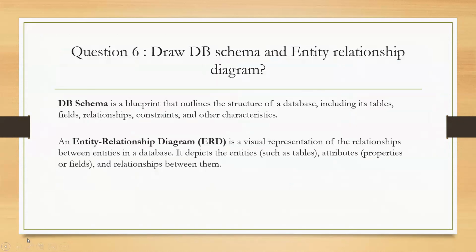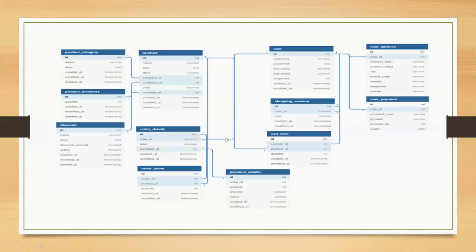Okay, then the entity relationship diagram. An entity relationship diagram is a visual representation of the relationship between entities in a database. It depicts the entities such as tables, attributes, properties of it, and the relationships between them. So what is an entity? Let me give you some clarity. Whatever the table name over here is, it is nothing but your entity, and whatever defines that particular thing